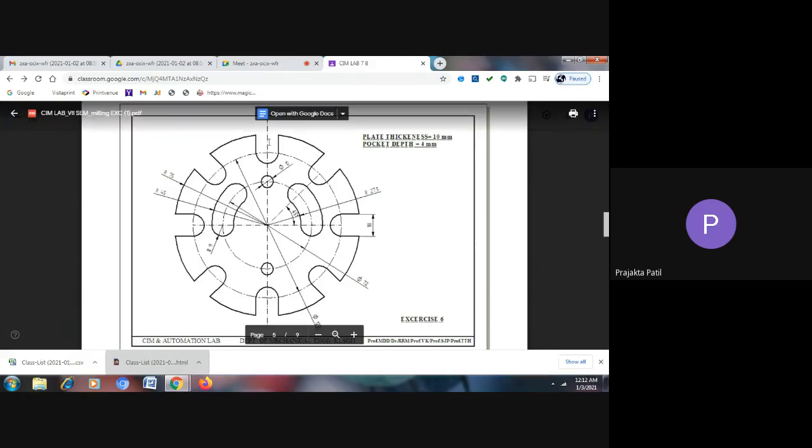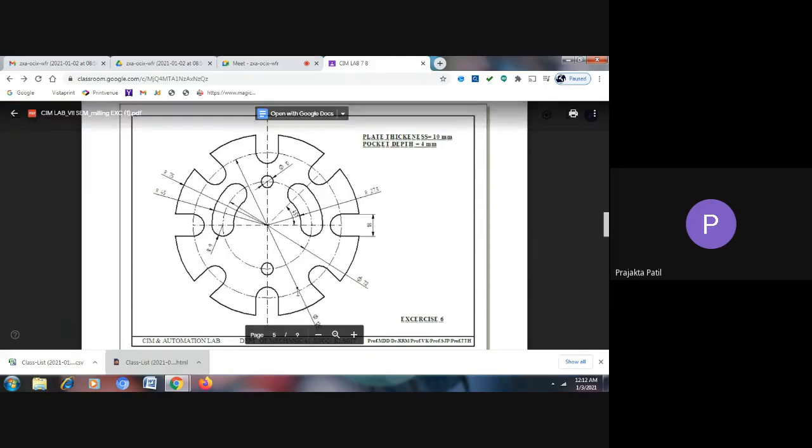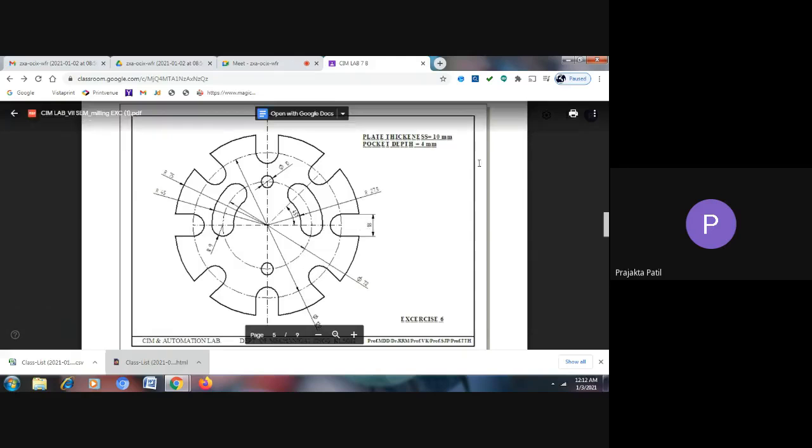If you see the outermost circle here, the radius is given as 75 mm, the diameter of the second circle, the inner circle, is given as 120 mm, and the diameter of the third circle is given as 72 mm. So let us first start with drawing all the three circles.